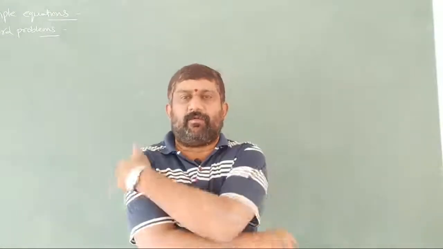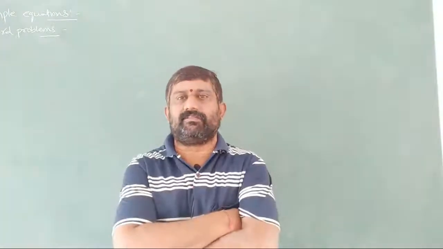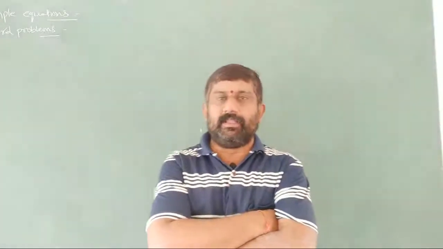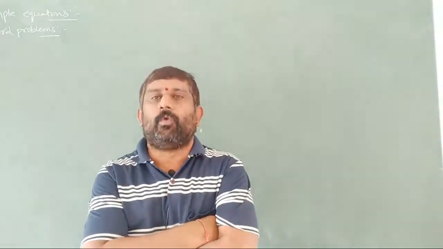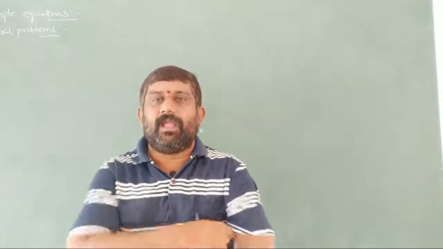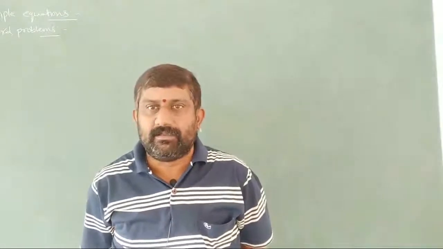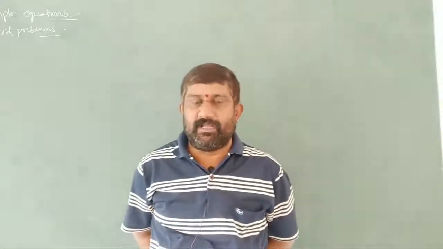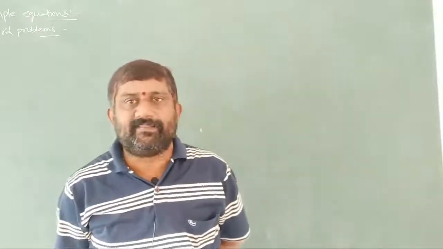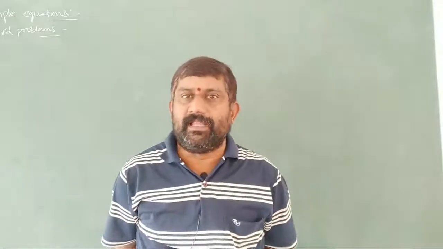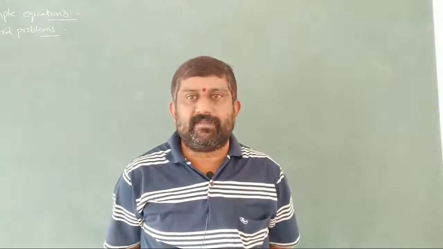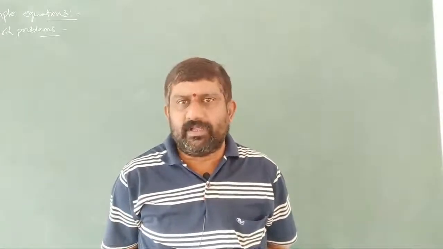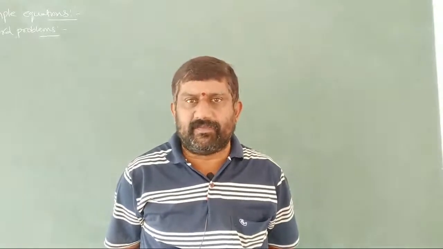Let me once again explain what is simple equation. Simple equation is nothing but a linear equation in one variable. What is linear equation? An equation having degree as 1. Linear equation is nothing but an equation having degree 1. And a linear equation in one variable, that means there should be only one variable. What is variable? Variable is nothing but the unknown thing we are taking here. It may be any kind of letters we can take.